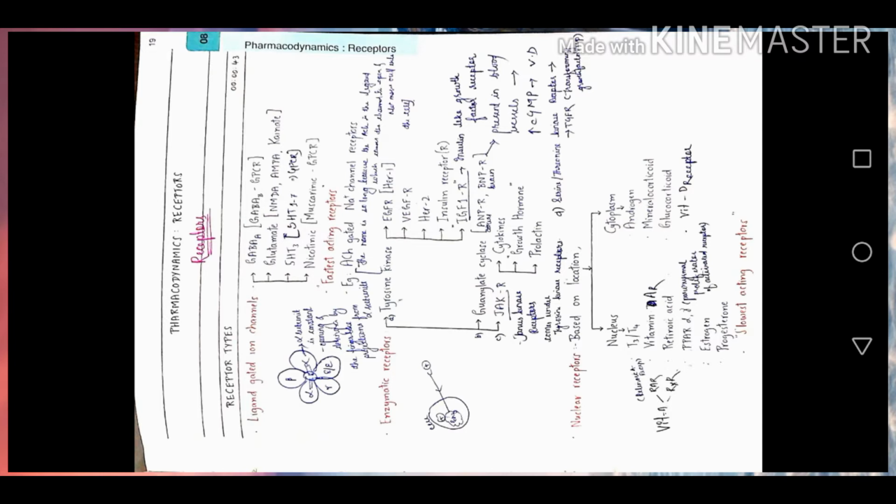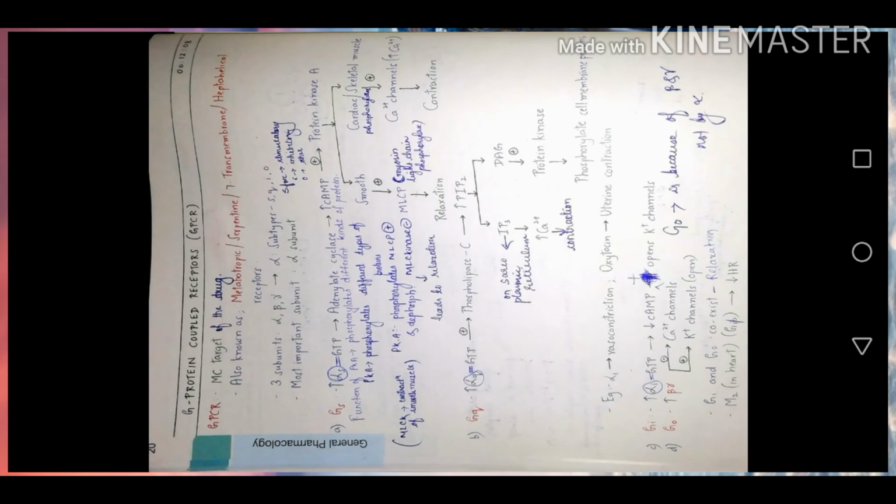The name is a ligand gated ion channel receptor, right? So move on to the next topic, that is GPCR, which is the most important one, and it is also known as the serpentine receptor, 7 transmembrane receptor, heptahelical receptor, and one another name is the metabotropic receptor. It is the special name that is not given in so many books. Just try to remember this name.